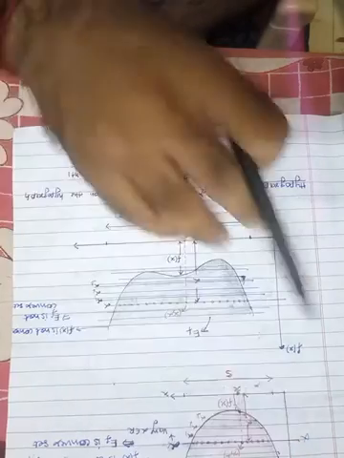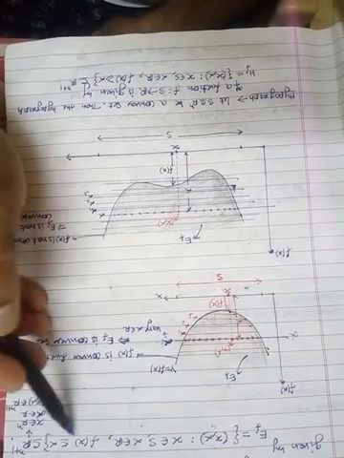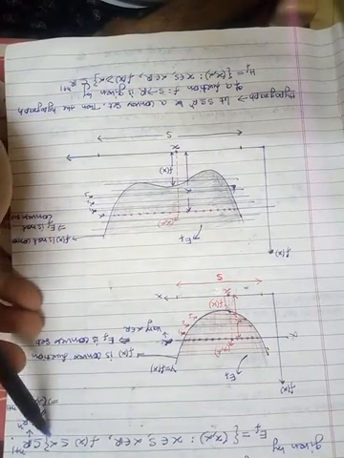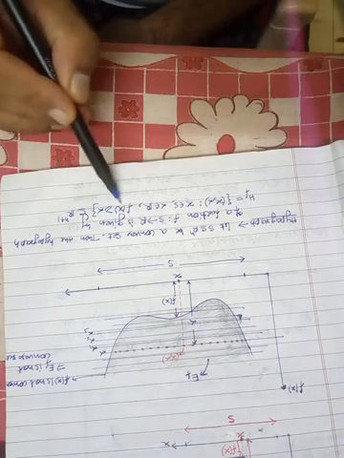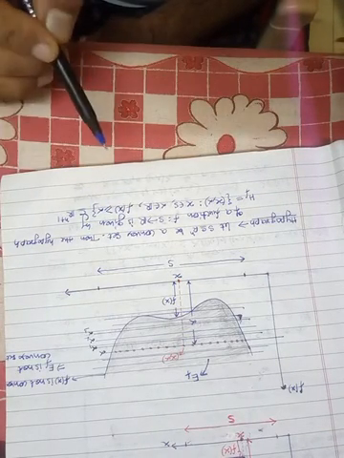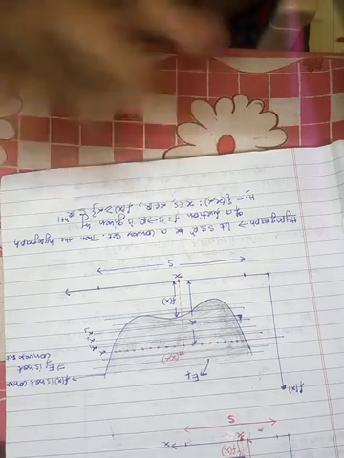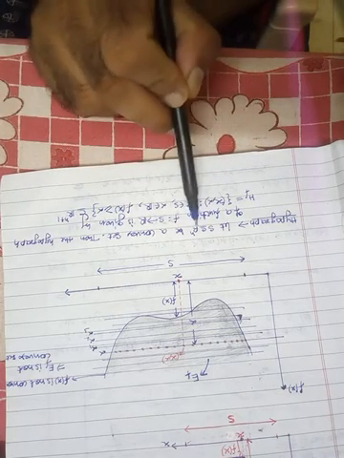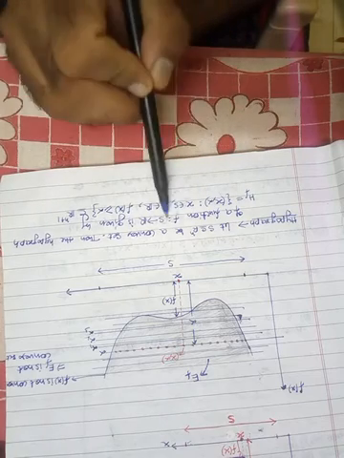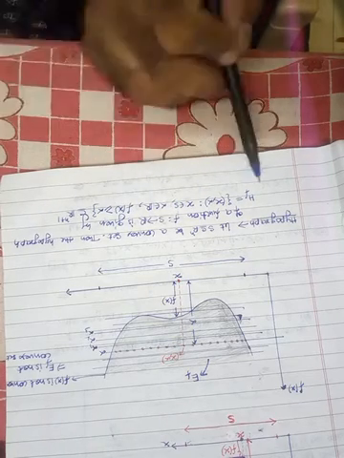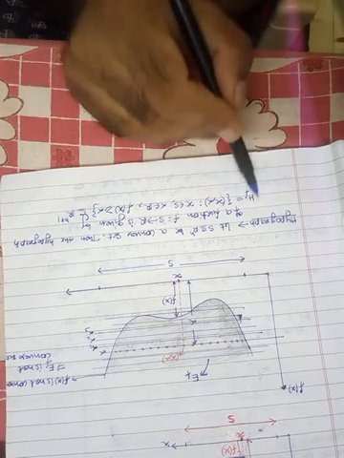Hypograph is basically just the reciprocal of the epigraph. Here the condition is f of x is less than or equal to alpha. However, in hypograph, the condition is f of x is greater than or equal to alpha. Rest of the things are the same. So let S, a subset of Rn, be a convex set. Then the hypograph of a function f from S to R is given by this, and is denoted by HF.